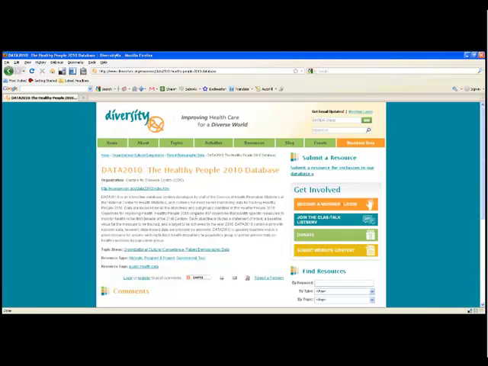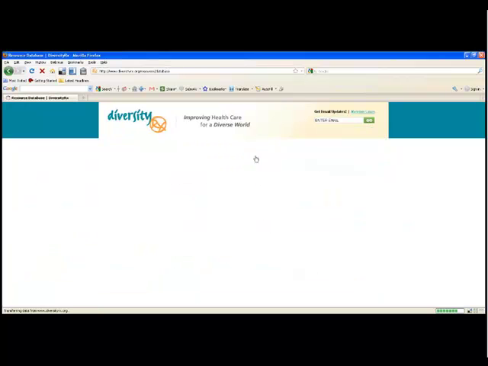So we have a big database. It has more than 250 resources in it, and if you click on any particular one, you're always going to get pretty much the same information. The title, the organization that produced it, the URL, a brief description, and then the topic areas that it's tagged under. So you'll see here, for example, organizational cultural competence, patient demographic data. You'll also see what type of resource it is, and you'll see tags that we might make up. So what I'm going to do now is take you over to the actual resource database search page, because this is going to give you a little bit more information about how you can actually look through the whole database.